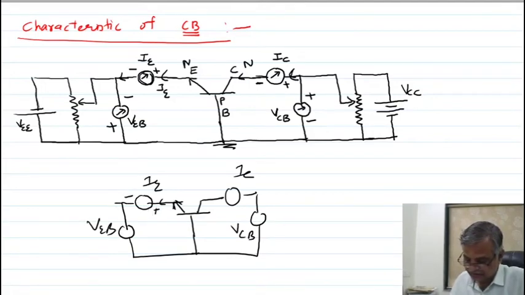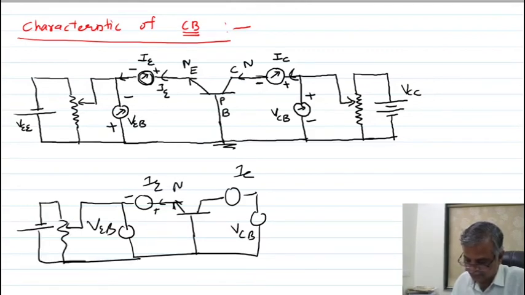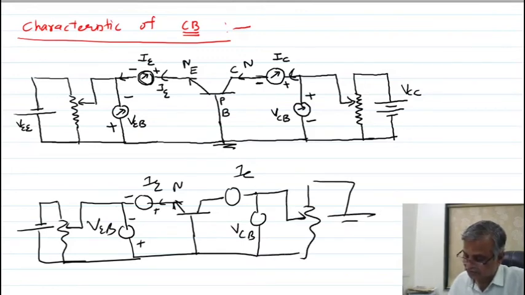Okay. And here you have to connect negative. Why negative? Because this is an N-type material. Then you can say this is in forward bias, this is a minus sign and plus sign. This you have to connect in reverse bias. This is your NPN. So N-type material you have connected to the positive, so it is in reverse bias.